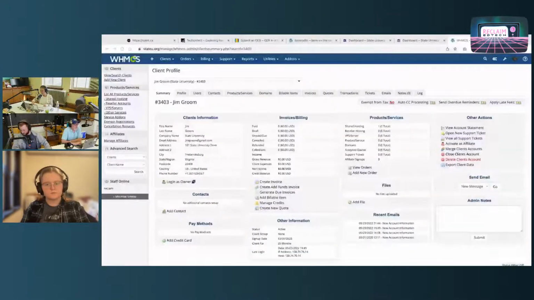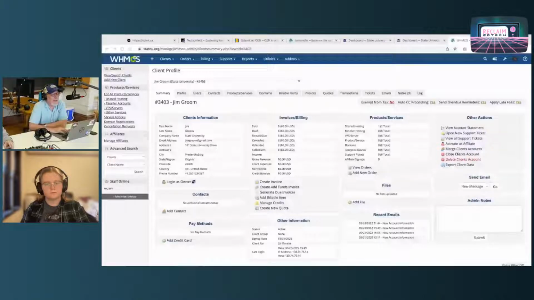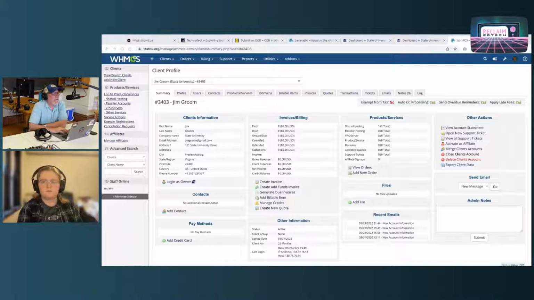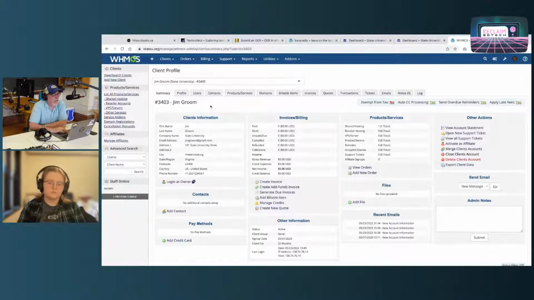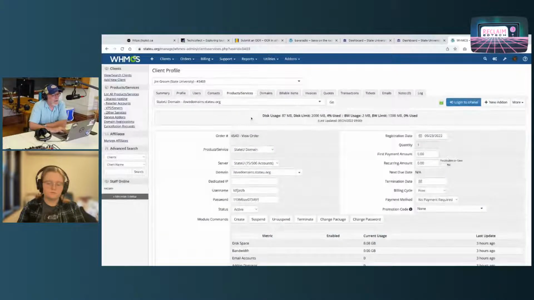So one of the questions that came up was, how do I in WHMCS add more than one account to a single cPanel instance? So the idea is, can you have different users both access cPanel from their respective accounts? When they log in, they still have access to cPanel. And the answer is yes, you can. And how to do that is you would actually,